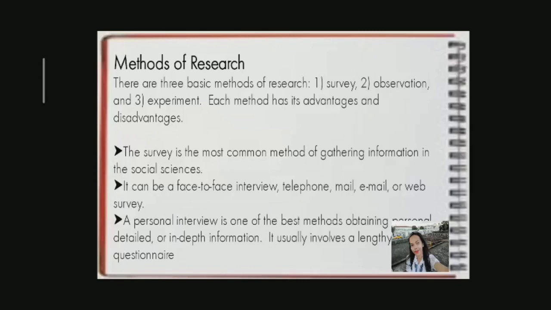Observation research monitors respondents' actions without directly interacting with them. It has been used for many years by Nielsen to monitor television viewing habits. So, in experiment methods of research, the investigator changes one or more variables over the course of the research while all other variables are held constant. Changes in the dependent variable can be explained by the change in the independent variable.